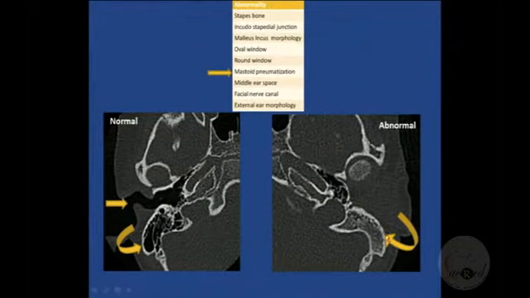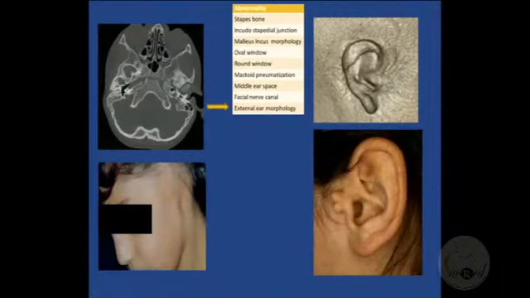External ear, so that could be microtia, which is actually a small sized ear, or it could be pretragal tags, tags in front of the tragus there, or it could be complete anotia, the complete absence of the external ear like in this patient here. I always suggest,